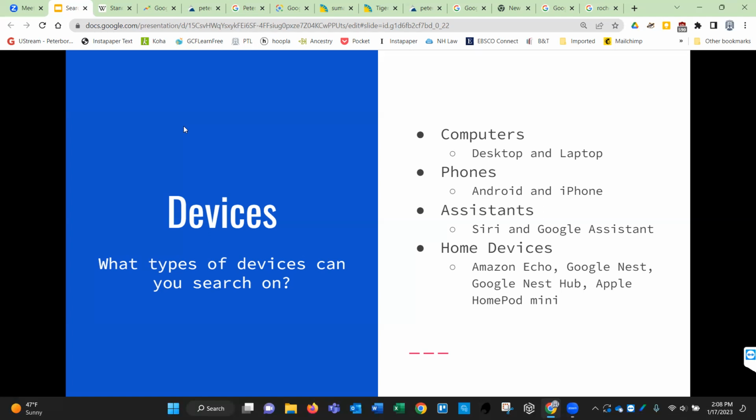These are the little NSA spy speakers that you can put in your home. Those include Amazon Echo, Google Nest Hub, Apple HomePod Mini, and some others, but those are the main ones. And those are the ones where you basically yell into the void, you know, "Hey, Alexa, how many grams is 2 cups of flour?" And then Alexa will tell you that information without you having to look at your phone while you're trying to bake.